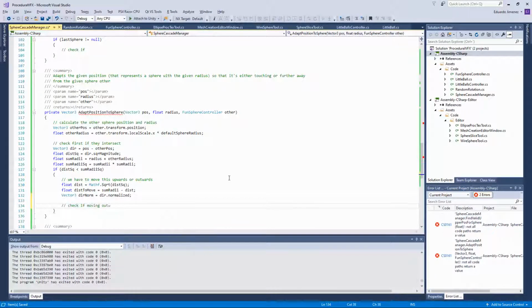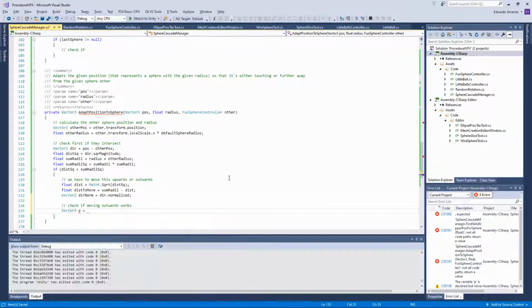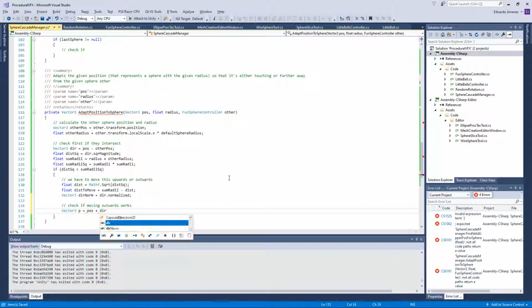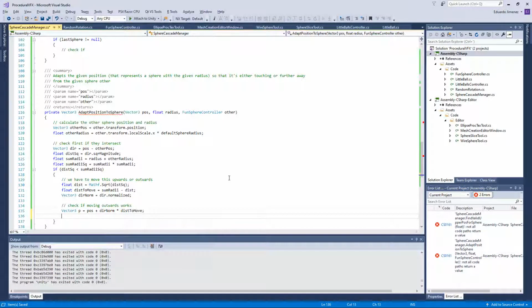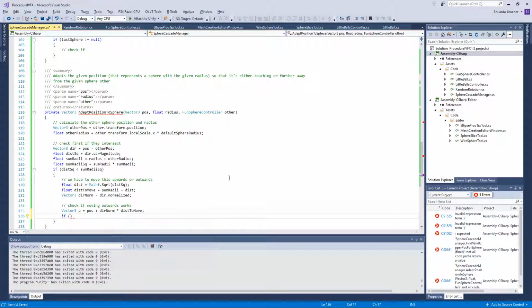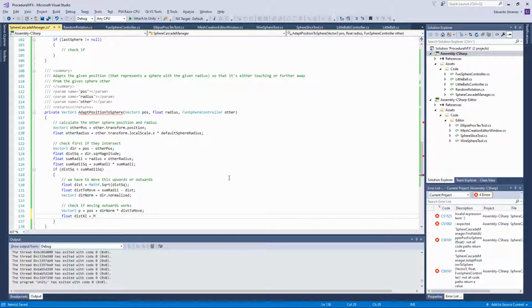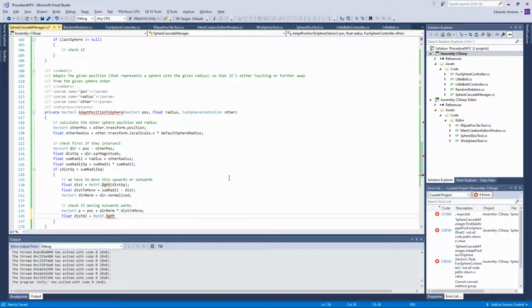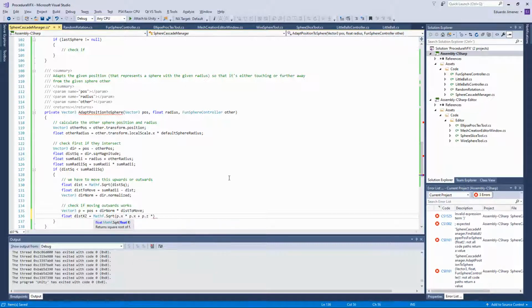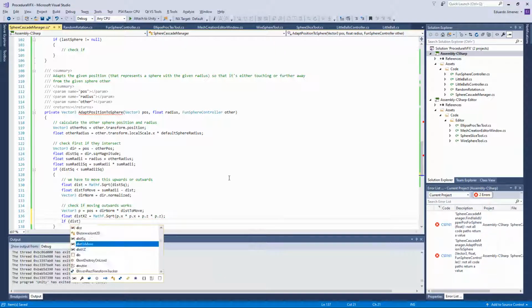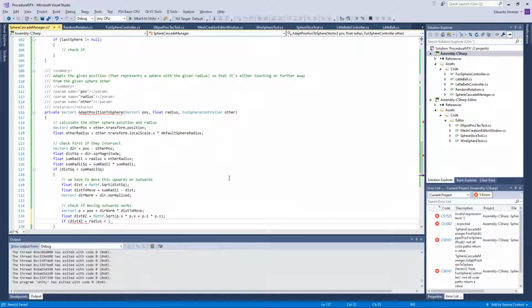Check if moving outwards works: Vector3 p equals pos plus theirNorm times toMove. If p.magnitude plus... no, sorry, we're only interested in the x and z distance, so float distXZ is Mathf.Sqrt of p.x times p.x plus p.z times p.z, and then if this xz plus radius is below the generation radius,